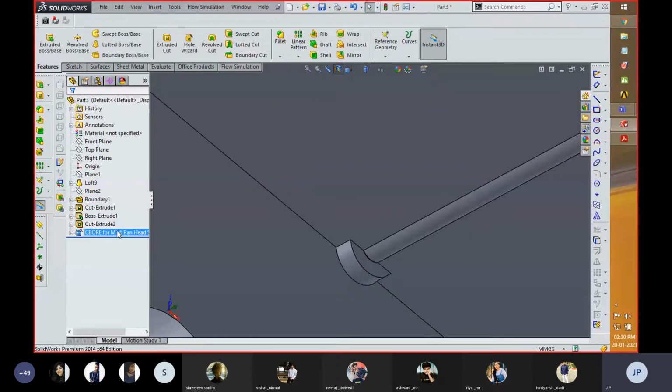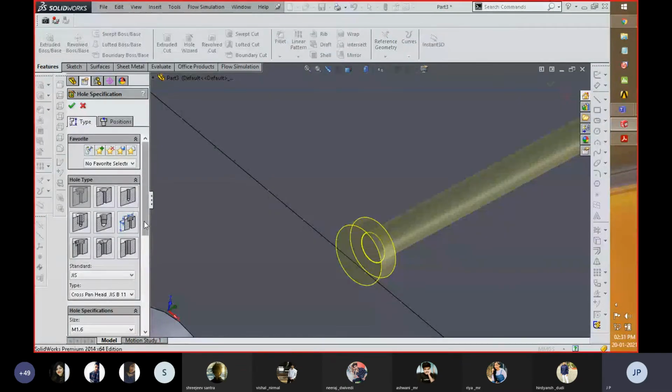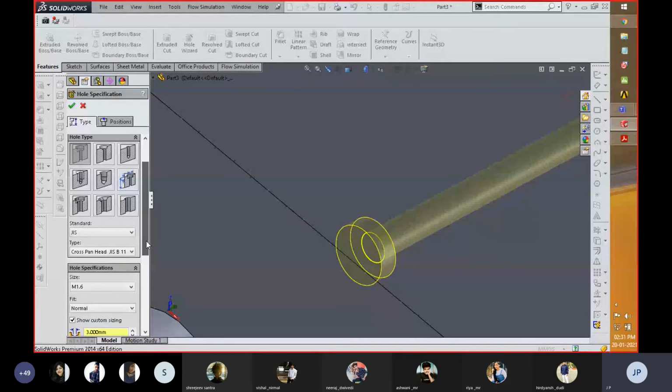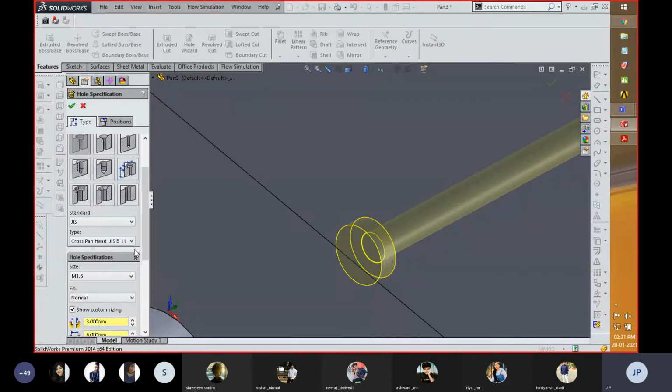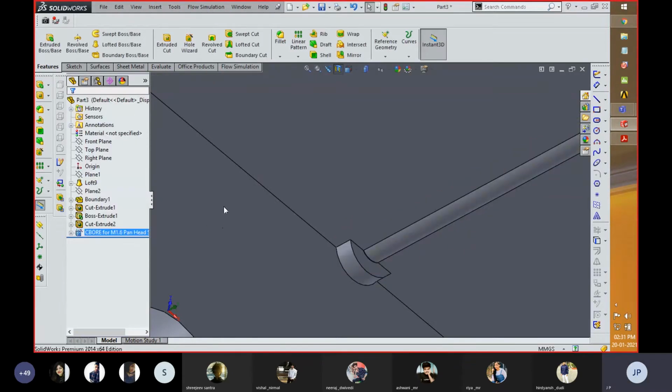One more thing I would like to add: if you want to create your own design of any screw thread, there is a standard which was saved within your library in the C drive, and you want to create a custom designed hole path. With respect to that, first of all you have to create that part in the sketch module, then save it in the same path where this software is installed, where these standards are saved within your C drive. Over there you can save that part, then that customized part can be seen in this size toolbox. That can also be done with the help of this tool.